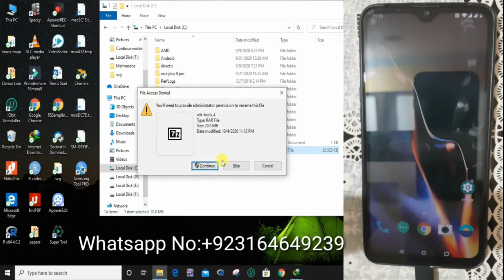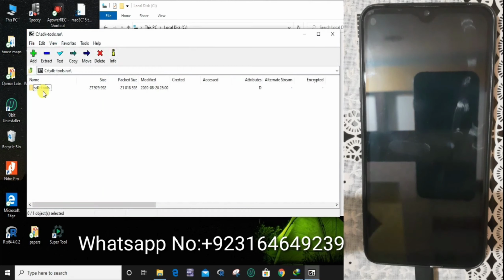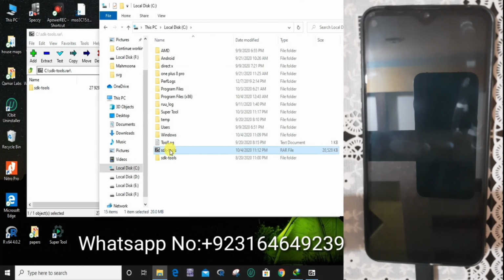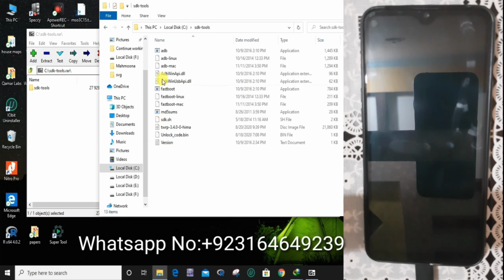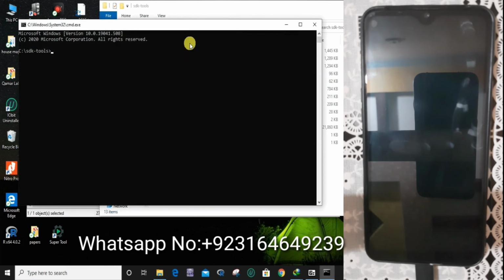Rename it to SDK tool simple. Extract them out of the zip folder. Now open it and type CMD in the address bar, or you can manually open command prompt from the search option.